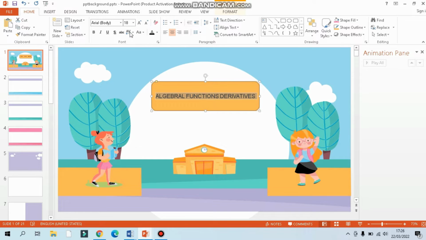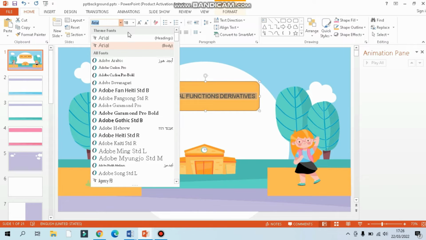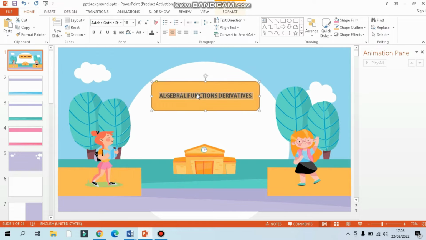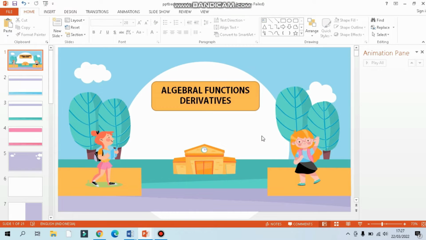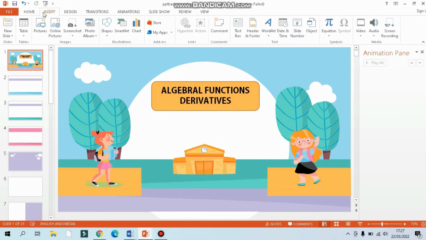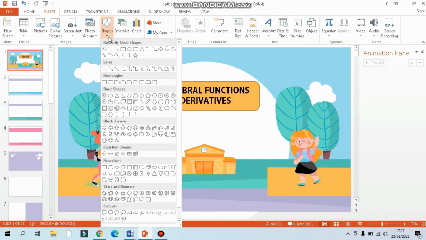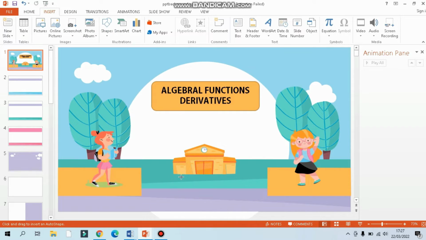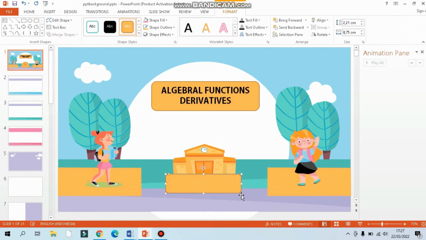I want to change the color and change the fonts, and make the fonts bigger. Okay, next I want to make the interactive PPT by clicking shape and then clicking an icon, and I have to make it in this way.